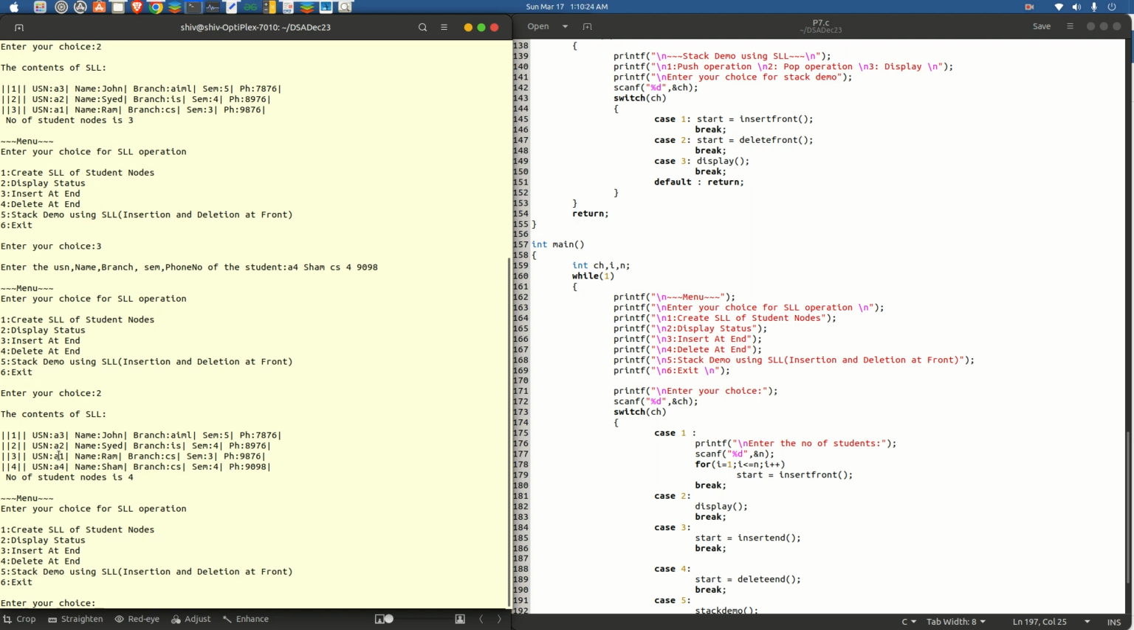So A3, A2, A1 were already existing. We have entered A4 at the end. Let us now delete at the end. So how do we delete? Just by pressing the choice as 4. If you press the choice as 4,